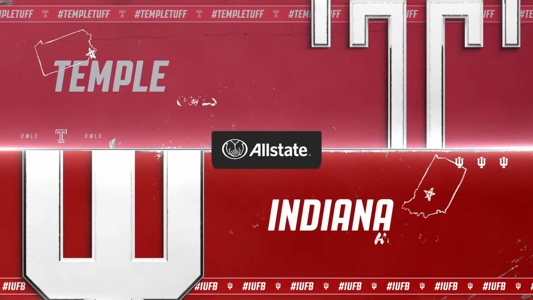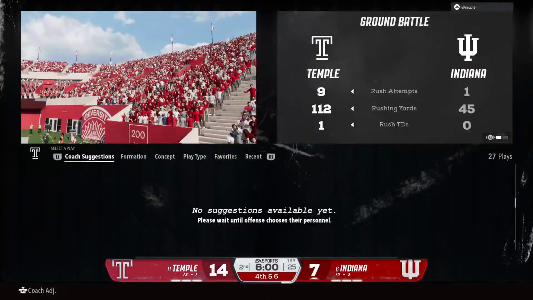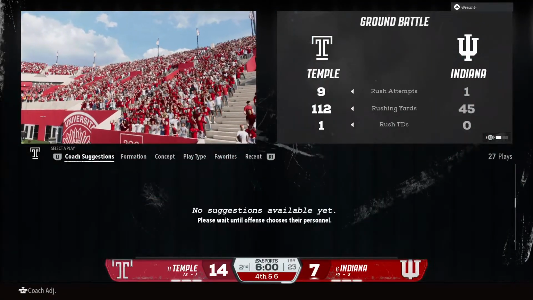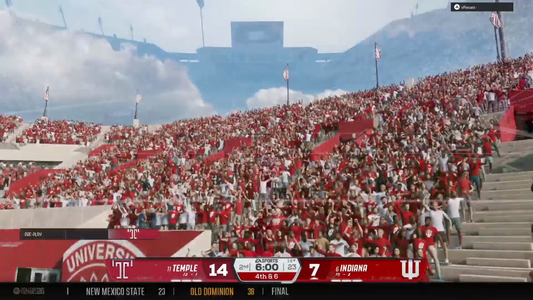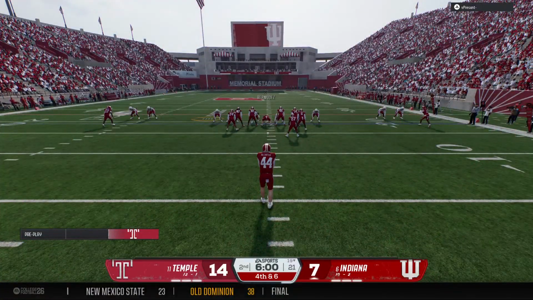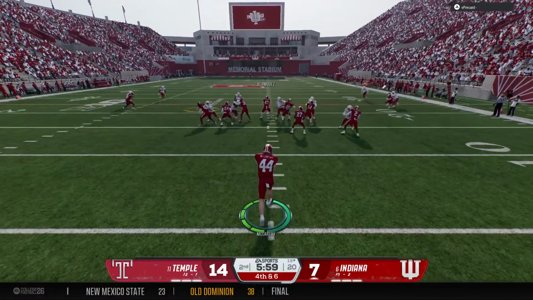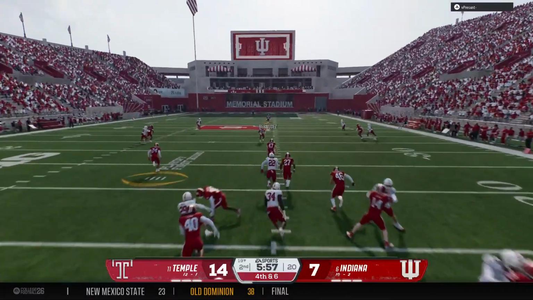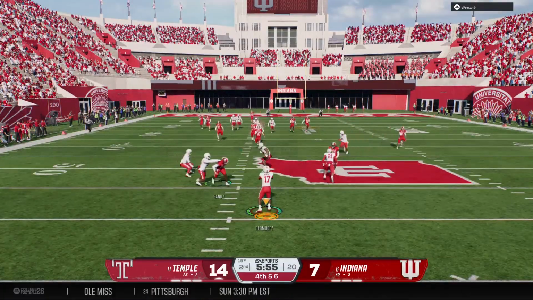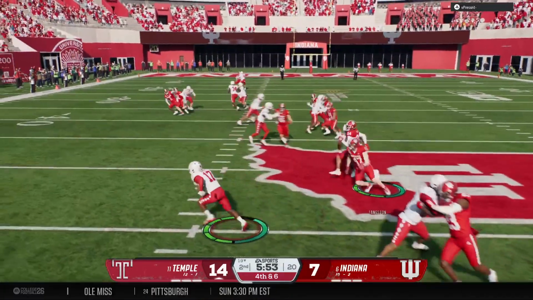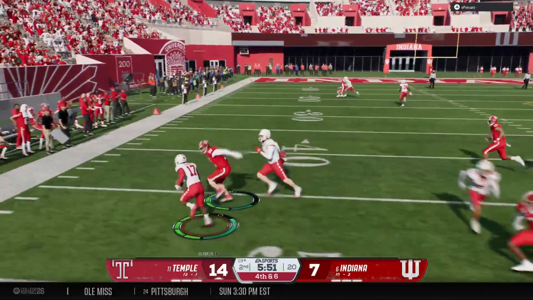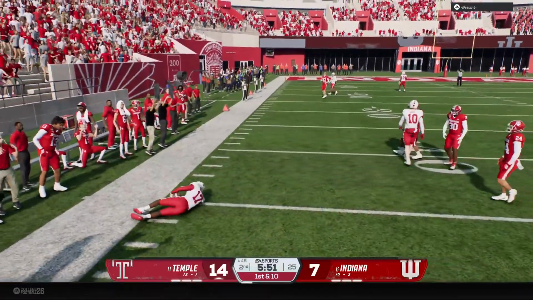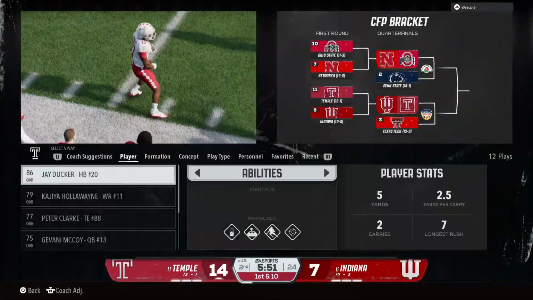We've reached the end of one in this quest to move one step closer to a national championship. Let's check out the stats so far. They've flipped ends of the field. We're ready now for the 2nd period. And the Hoosiers will line up to boot it away. And he's on to punt for the first time this afternoon. We'll see what he can do with the return. He's brought down, but a good effort to make something of that return.